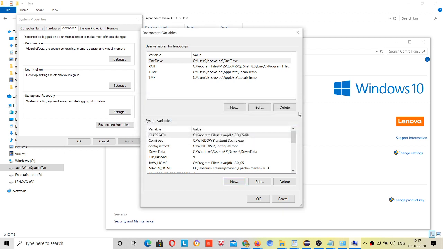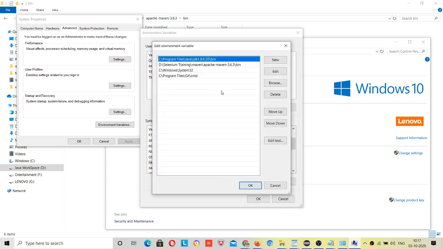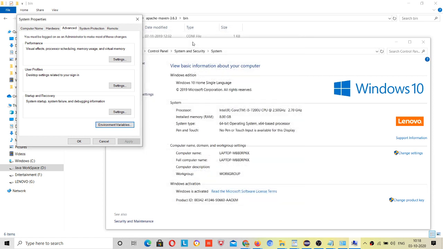I have already done this, I will show you. See these paths, this is your Java path, the JDK path, this is your Maven path, right. So from bin you can understand this is the path, right. The bin directory has all the information about that particular tool, right. System32, if you do not include this, you will get an error in your cmd command prompt about batch files or something like this, so you can include this. I searched this once when I was facing some problem, okay. Now you have set up the Maven path.